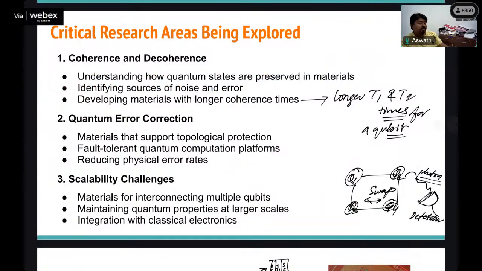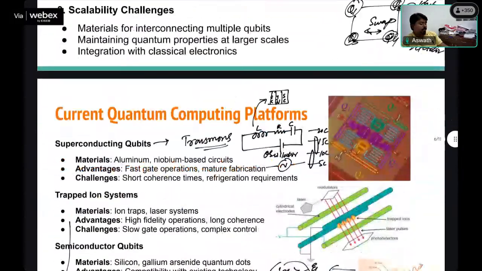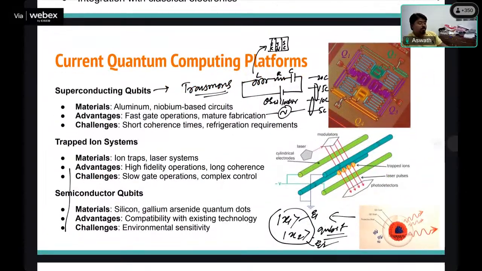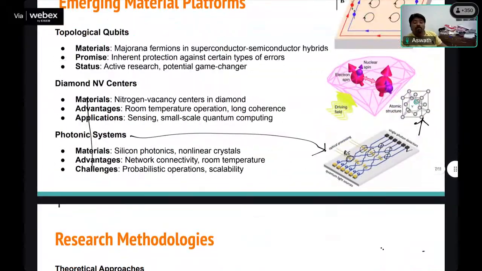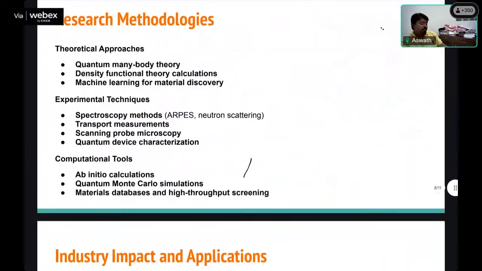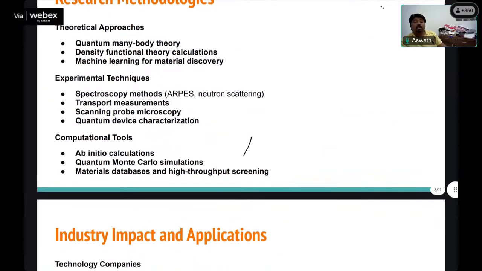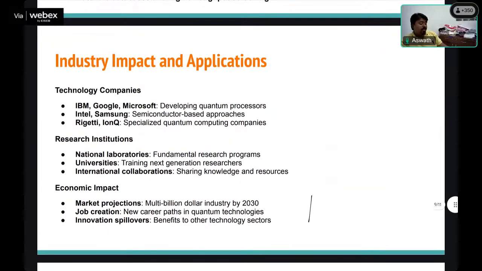Critical research areas being explored, we saw. When it comes to quantum computing, what are the hardware platforms being used, what are the future hardware platforms, and research methodologies to study these quantum materials, what one has to do,